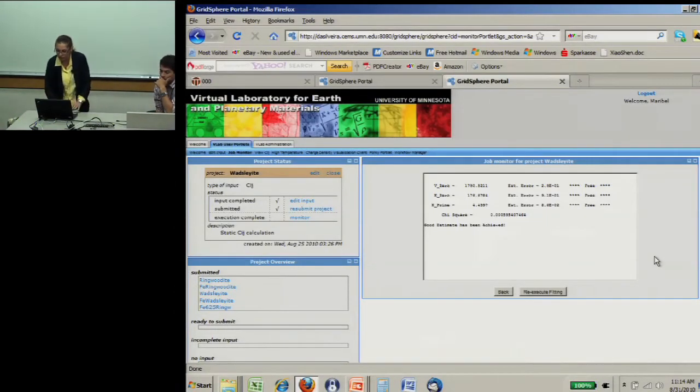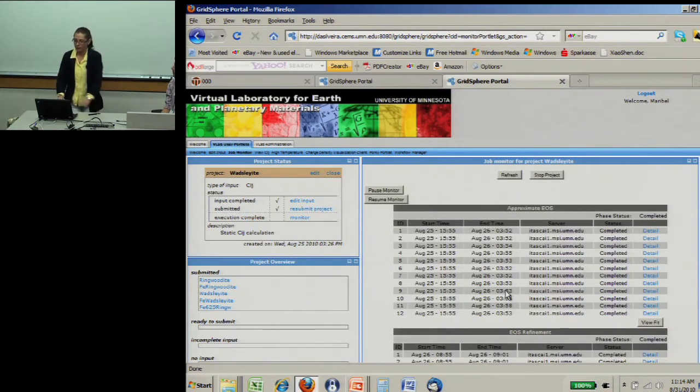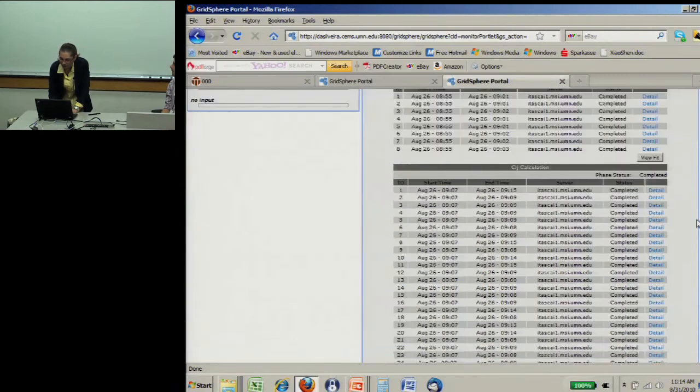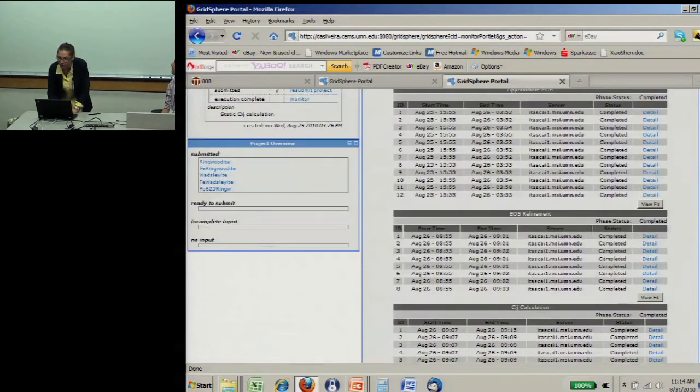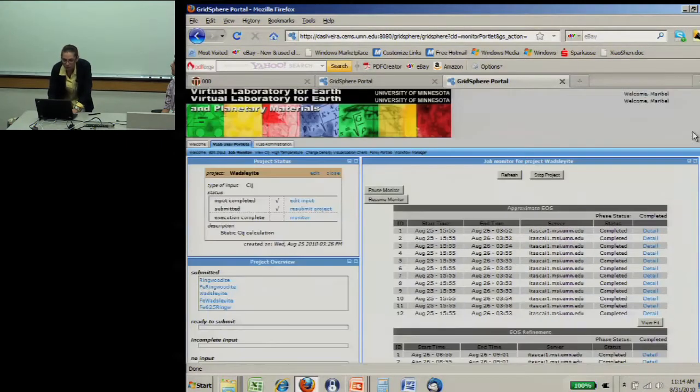You can view fit, which is, in this case, the Vinet equation of state that was used to fit, but it doesn't have necessarily to be that. It's transferring data. Okay. Now, so here the third stage was finished correctly as well. It was completed successfully, so we can go back and look at the